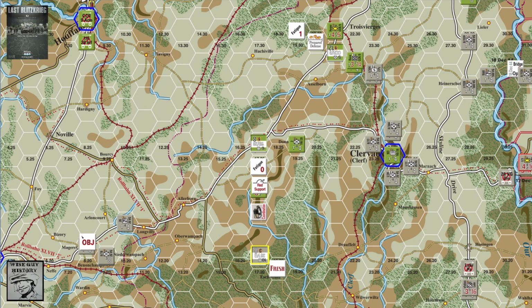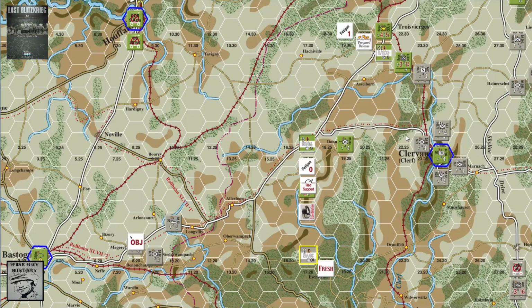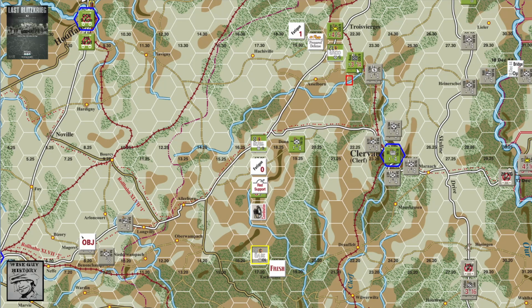So I've looked at this unit here with 16 movement points. They can go 1, 2, 3, 4, 5, 6, 7, 8, 9, 10, 11, 12. They're 12 to here, and they've got 4 movement points left. I believe they could make it all the way to the outskirts of Bastogne if all those other plans go well. Those other plans, as I said, are disengaging, getting rid of these units from this area,